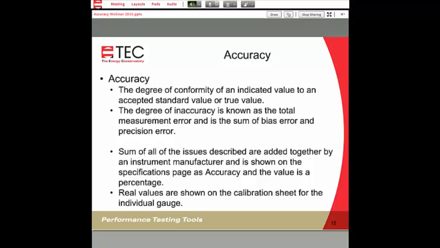In the United States, that is the official repository for all of the what are called primary standards for just about anything, whether it's time or weight or pressure or flow. All of those are kept at the National Institute of Standards and Technology.